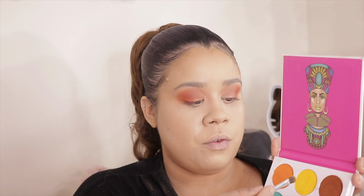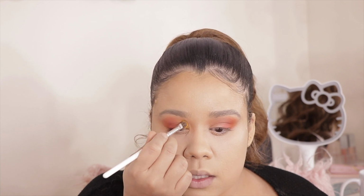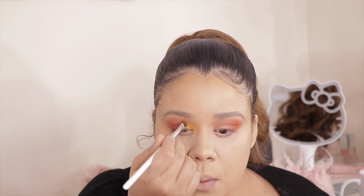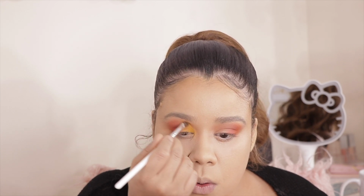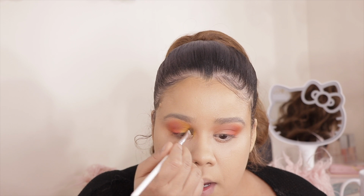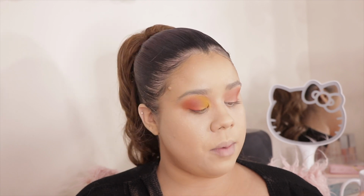I'm going to be using the JH44 brush. I'm going to grab this yellow right here. It's a beautiful yellow. I love the yellow in this palette. And I'm kind of just going to bring this yellow from the inner corner all the way up. Just like that. Ooh. See the difference that yellow made? Ugh,